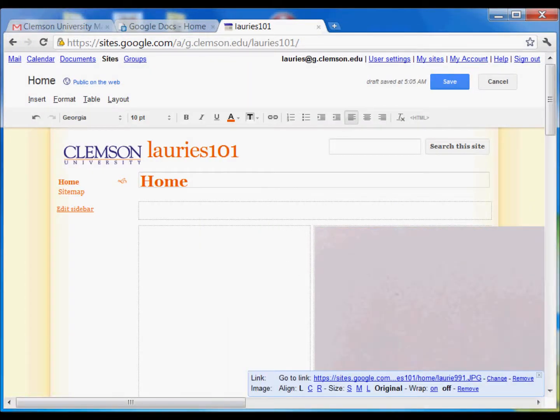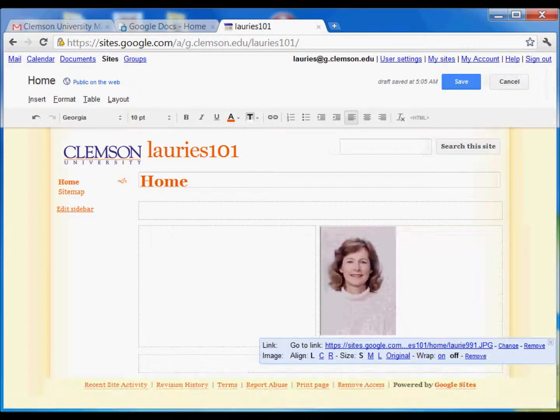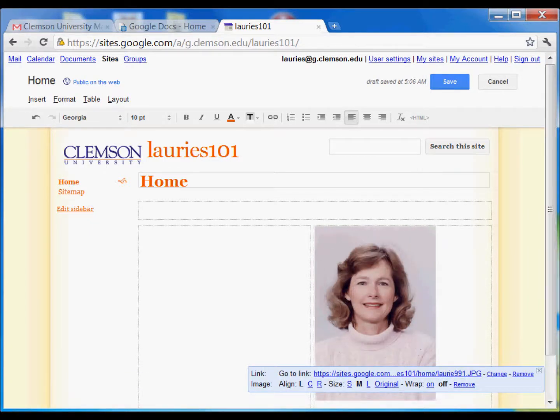Now, you'll notice that I have my box a little small right now because I wanted to have a higher quality video, but my picture came out really huge where you can't really see what's in the picture. But you do have these nice options right down here, small, medium, and large. Let's see what small looks like. Small is tiny. How about medium? I think I like medium best for this page. Now, the other choice you have is under align, left, center, or right. It's left aligned in that